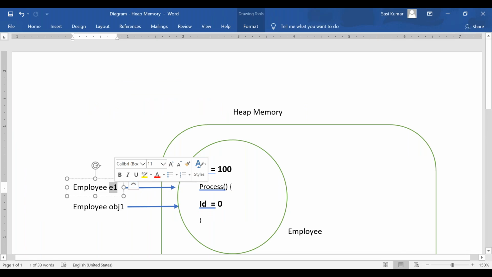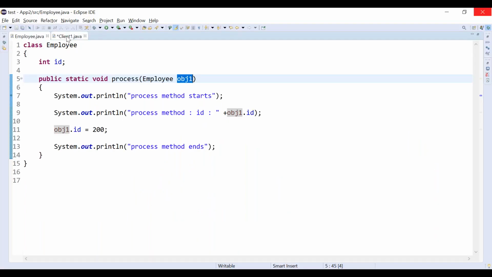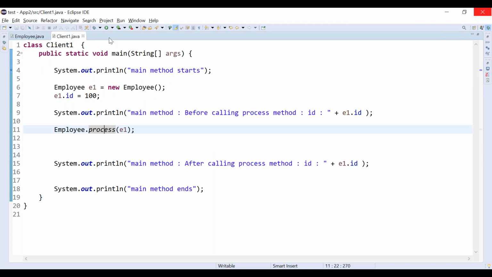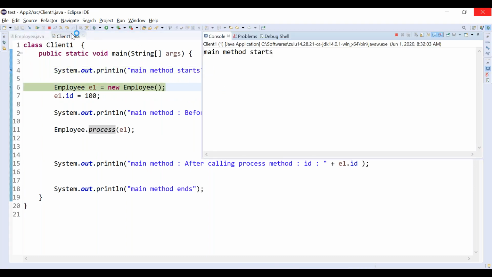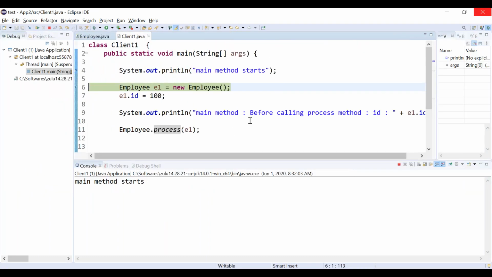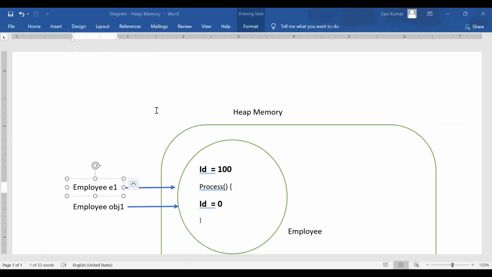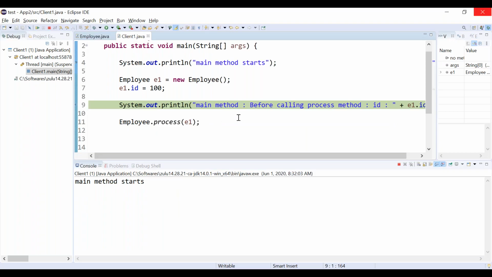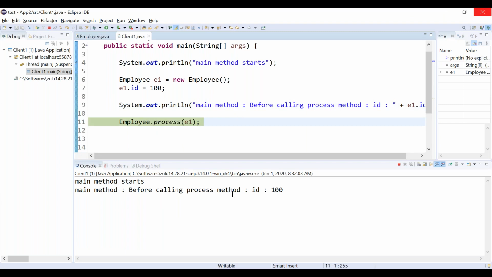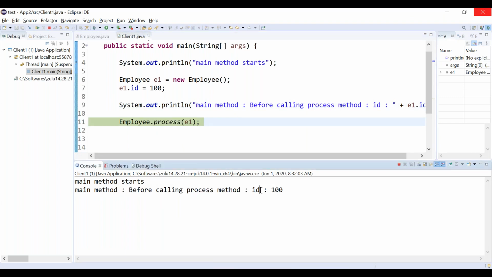If you assigned e1 dot id equal to 100, what output will we get here? Let's run it in debug mode. See here, the main method started, and we have assigned 100, right? Before calling the process method, we get id is 100.